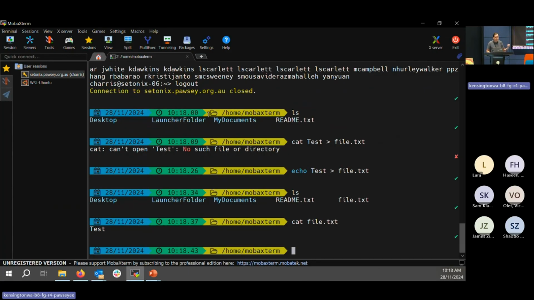And now we want to move this onto Setonix. So we're going to use the SCP command, scp. And again, this is from the local system, not on Setonix. I'm sending it to Setonix. And I'm wanting to send file.txt. And we're going to send it to my username